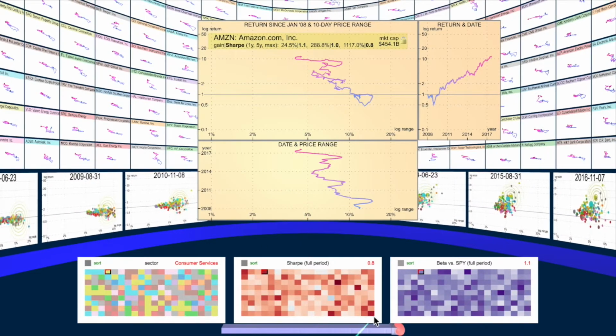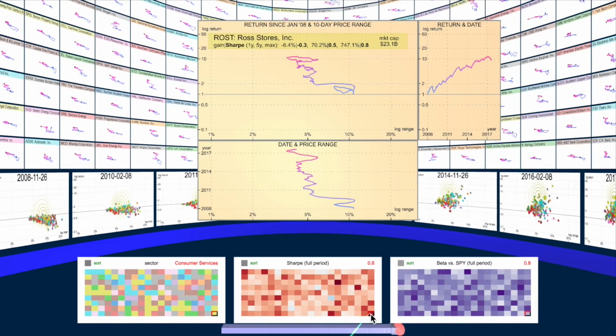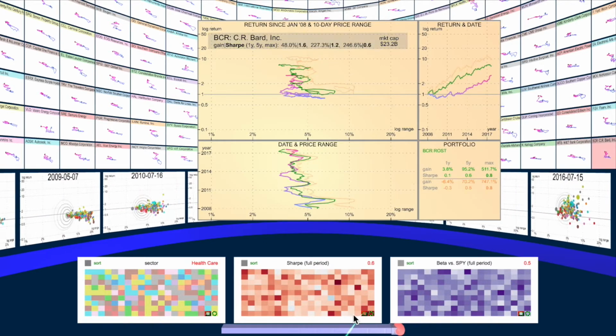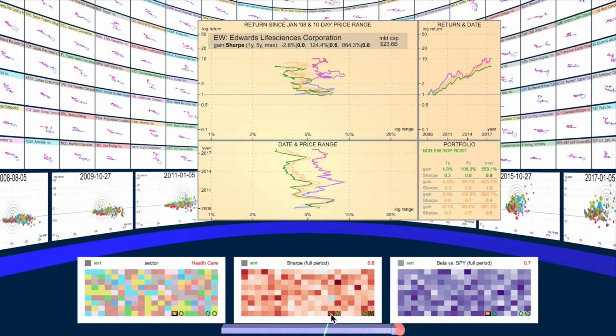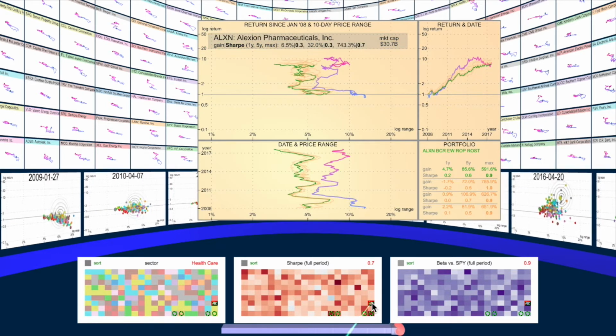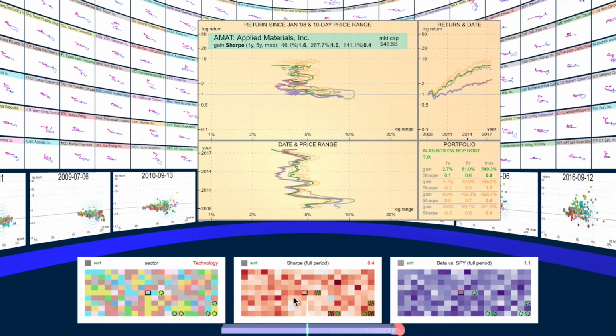Returning to the default ordering by market cap, let's try to build a portfolio. Say we're interested in smaller stocks but high risk-adjusted return. The Sharpe ratio map helps us choose some suitable stocks, which for this simple demo are added to the portfolio